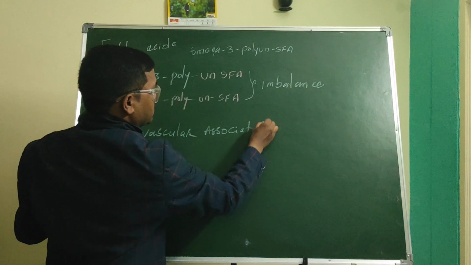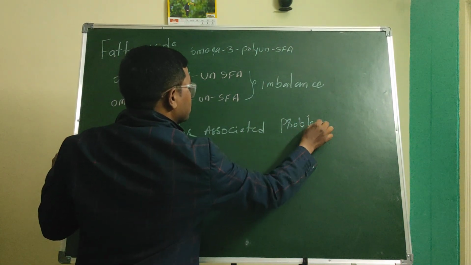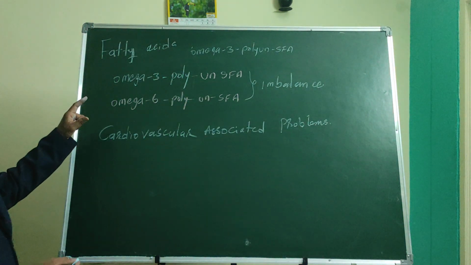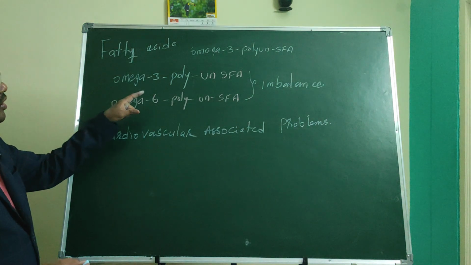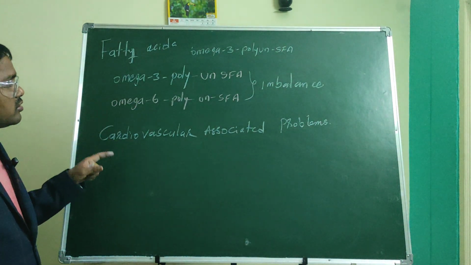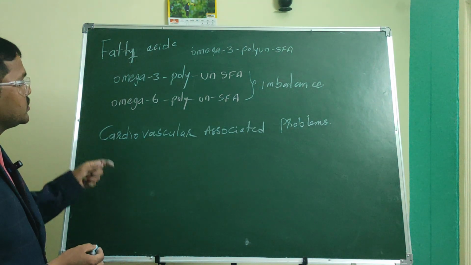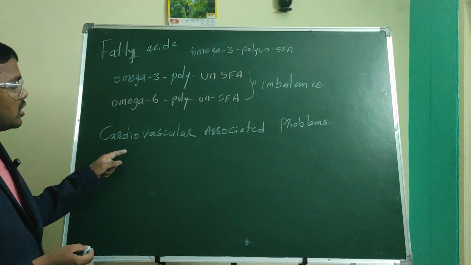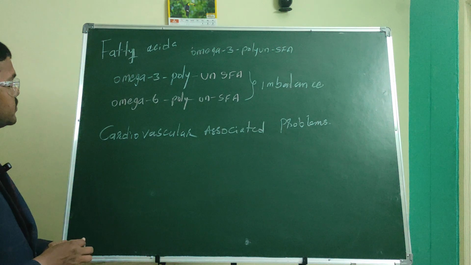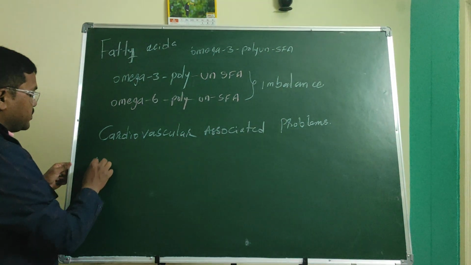Hence, the requirement of omega 3 and omega 6 polyunsaturated fatty acids is very essential to control cardiovascular associated problems. As well, the food of Mediterranean peoples